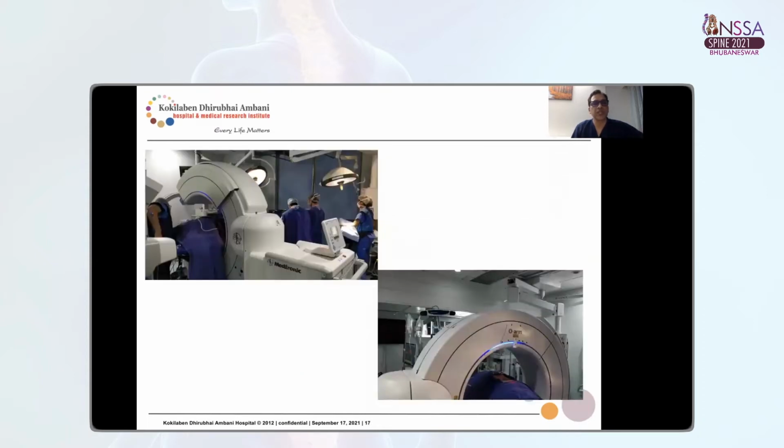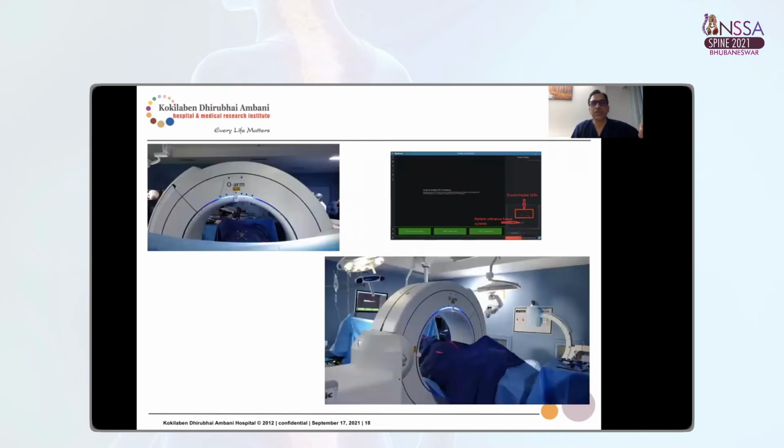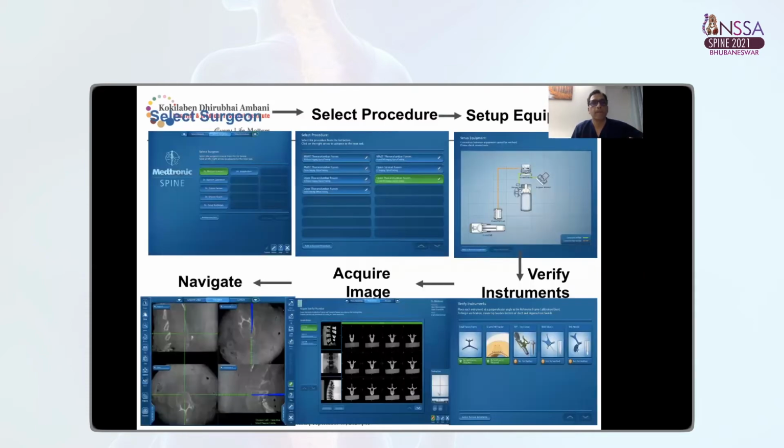The workflow is basically that you bring in the gantry and do the imaging. But one thing you need to know before imaging is that the camera should detect the O-arm tracker LEDs as well. There are about 7 LED trackers here which have to be detected, plus the reference frame spheres also should be detected by the camera. You have to image only after these spheres have been detected, and then you'll be able to navigate well. This is the standard flow.